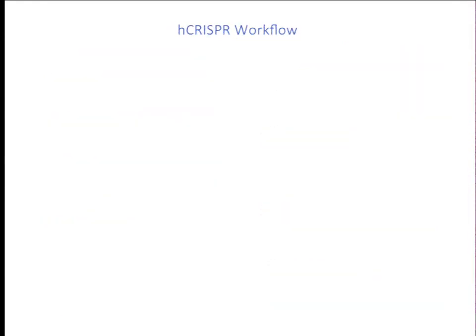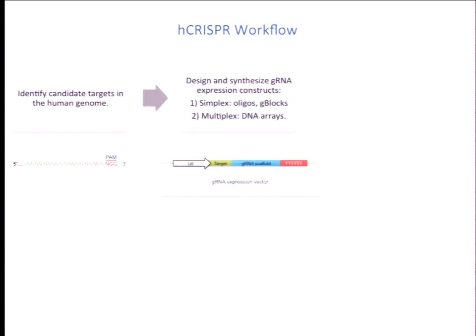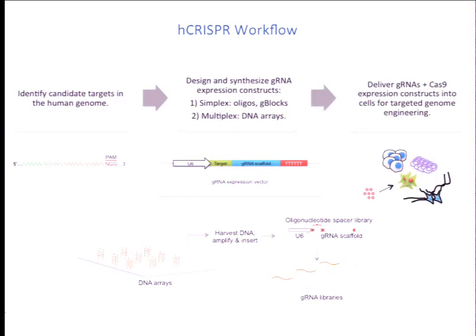And the exciting aspect about the entire CRISPR process was that the workflow was incredibly simple. All one needs to do in theory is to identify candidate targets in the human genome, which are adjacent to an appropriate PAM site, and then incorporate them into an appropriate guide RNA expression vector. What we also showed in this initial work was that it was possible to synthesize these targets from DNA arrays and potentially start to create guide RNA libraries. And finally, all one needs to do in this CRISPR system is, once you have the appropriate guide RNA expression vector, to just deliver it to the appropriate cell type of interest.